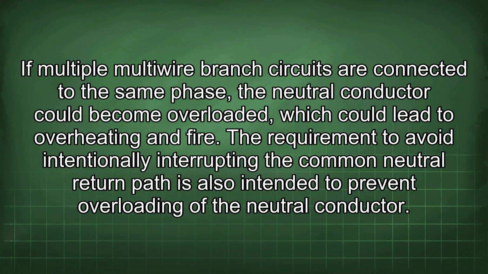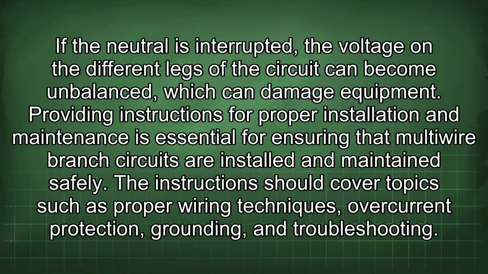The requirement to avoid intentionally interrupting the common neutral return path is also intended to prevent overloading of the neutral conductor. If the neutral is interrupted, the voltage on the different legs of the circuit can become unbalanced, which can damage equipment. Providing instructions for proper installation and maintenance is essential for ensuring that multi-wire branch circuits are installed and maintained